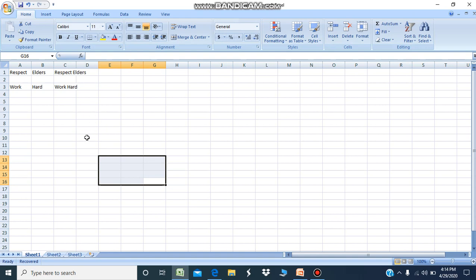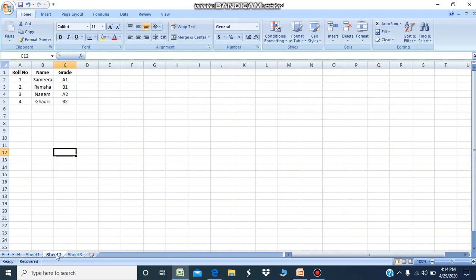We can also apply these text formulas in worksheets which have large data. You can see in this simple sheet, roll number is given, names of students are given, and their grade is given. Now let's see what happens when I enter the formula. It will display a sentence with information from the table. Okay, let's see.